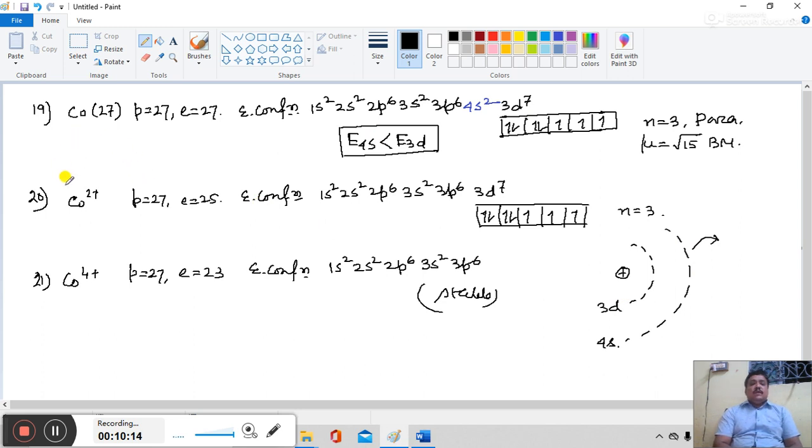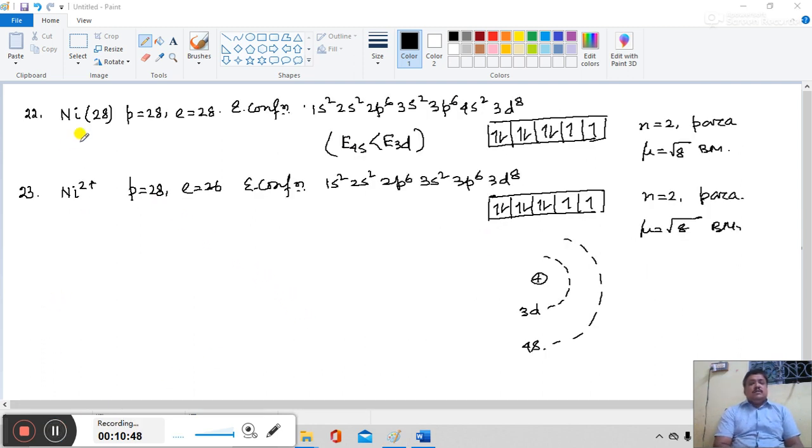Now Co2+, by releasing 2 electrons of cobalt, it converts to Co2+. Now from where does the electron release take place? From the outermost subshell. Now which is the outermost subshell? 4s is the outermost subshell. It contains 2 electrons. By releasing 2 electrons, cobalt converts to cobaltous cation, which has 3d7 configuration. Again by releasing electrons, it converts to 3d5 configuration and is the cobaltic cation.